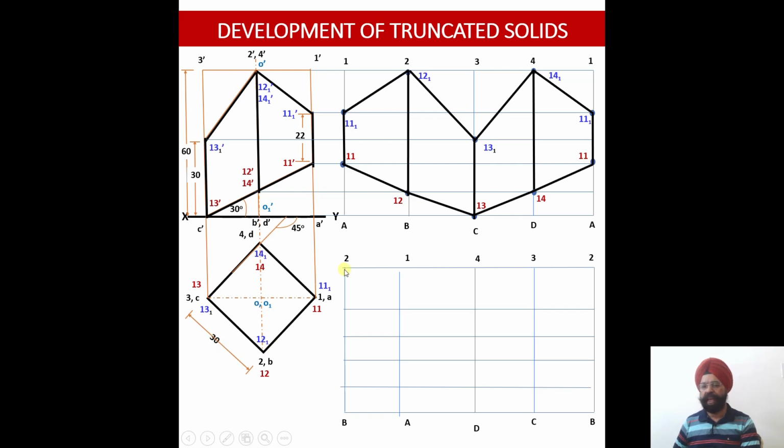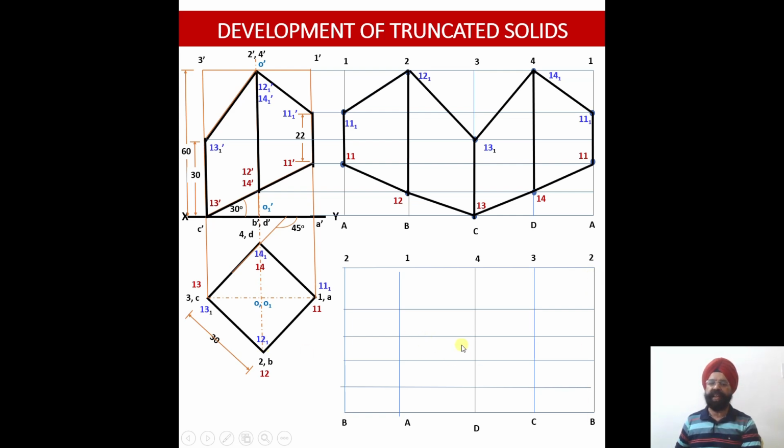You see 2B is my first edge, then edge 1A is encountered, because now starting from 2 I am not moving in clockwise but in the anti-clockwise direction. So my next edge is 1A, the third edge is, after 1A, 4D, then my next edge is 3C over here, and the final edge is again the same as the starting point, which happens to be 2B.